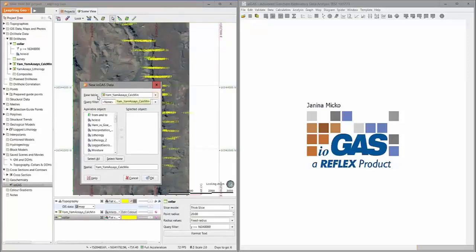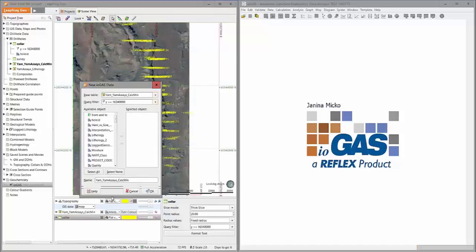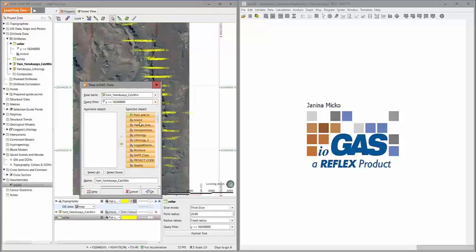Now within here, I can choose from any interval base table that I have at hand, in this case, my Kalkmin table. And now I have the option here to also create a subset of data to be brought into ioGAS based on the query I built earlier on. So I can choose the query here, and then I can go ahead and bring in any of the columns here that I have located in my interval table. I'm going to choose to select all of them today, which includes also this top column here, and that's our